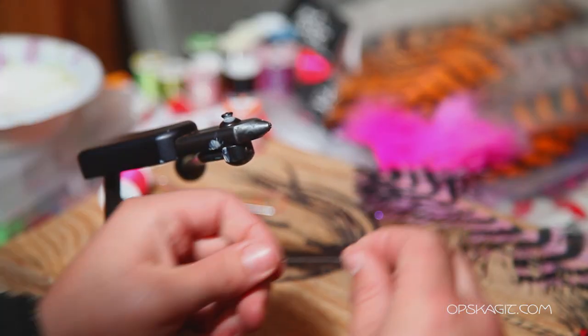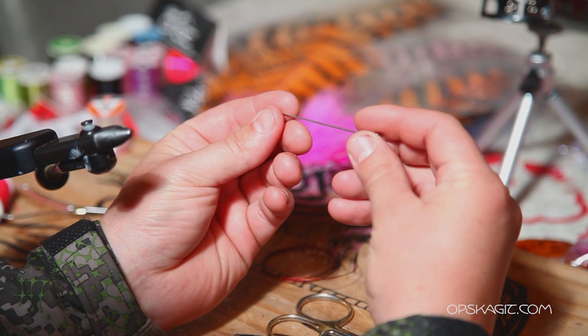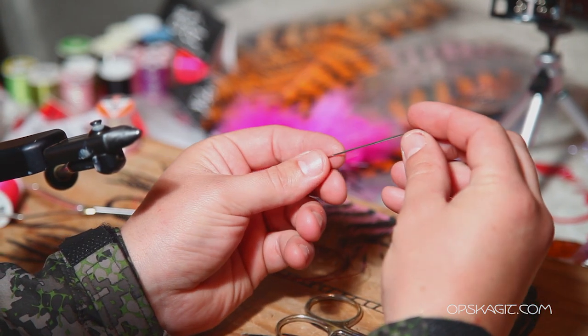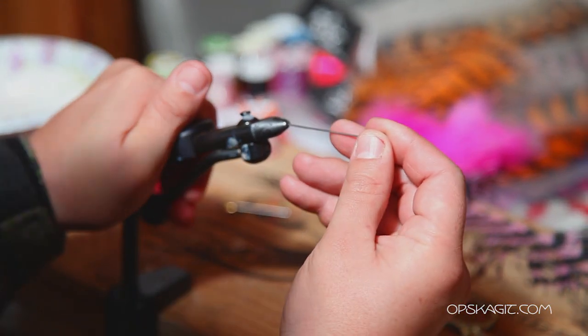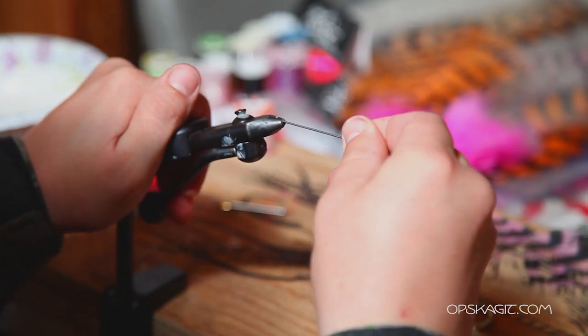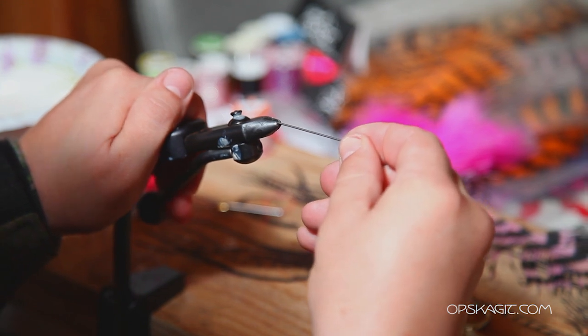First thing we're going to need is a shank of some sort. This is going to be an up-eye shank, fairly long. This is a new prototype shank, so keep your eyes open. You might be seeing these pretty soon, but pretty long. You can make this fly as big or as small as we want, but for those kings in Alaska, we go pretty big,